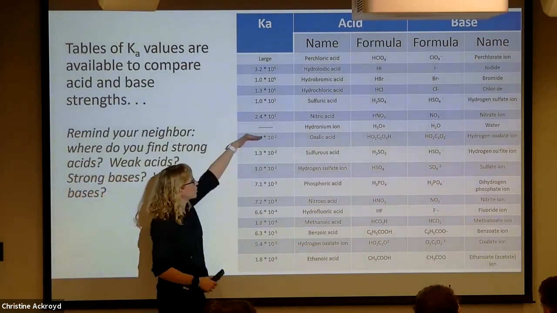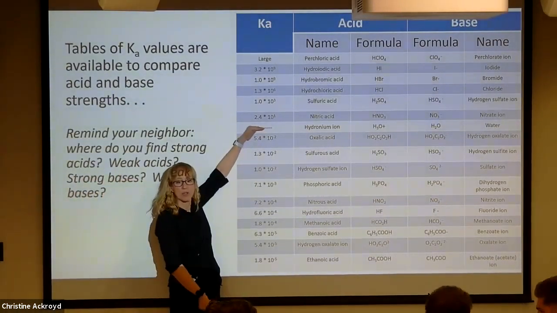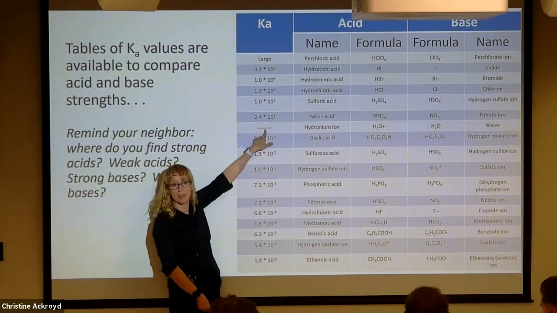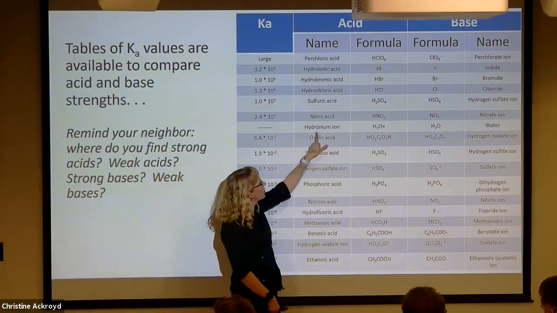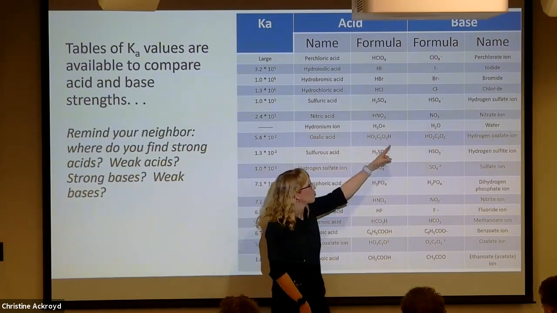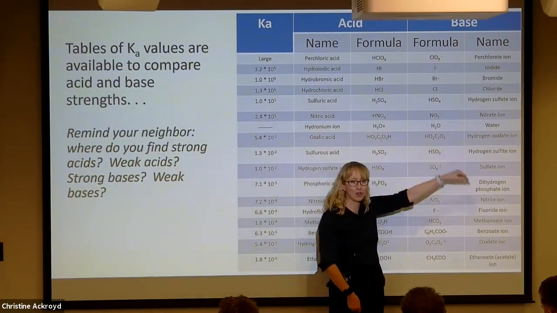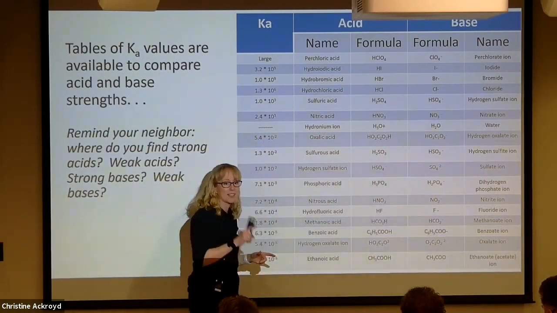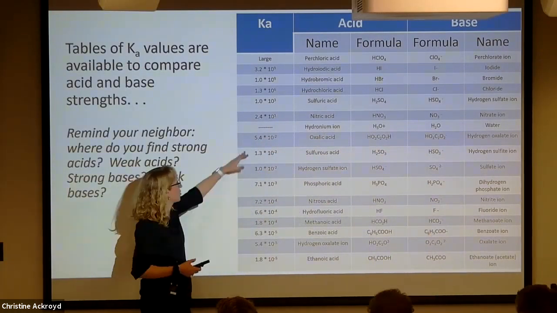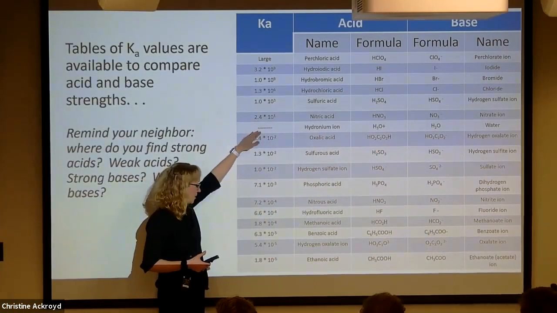Strong acid first. So this line here with hydronium, what would the K value be if it were reported here? Hydronium plus water produces water plus hydronium. So what does the K value have to be? It has to be 1, because you have the same entities in the numerator and denominator. This is back to a K value of 1.